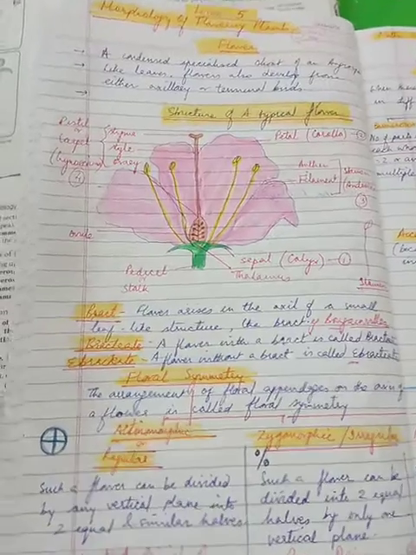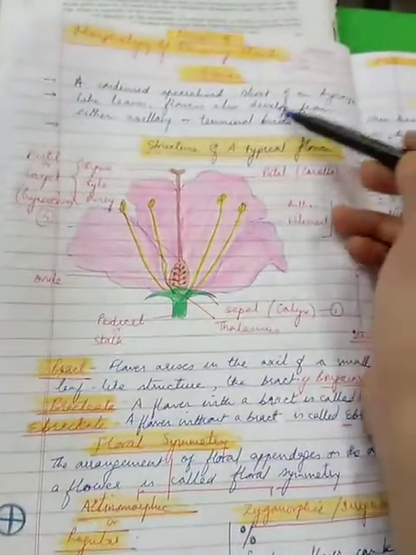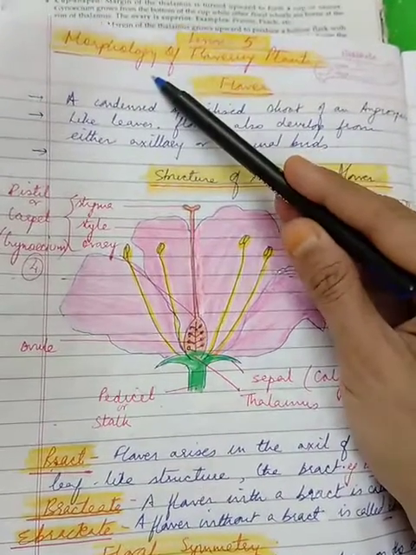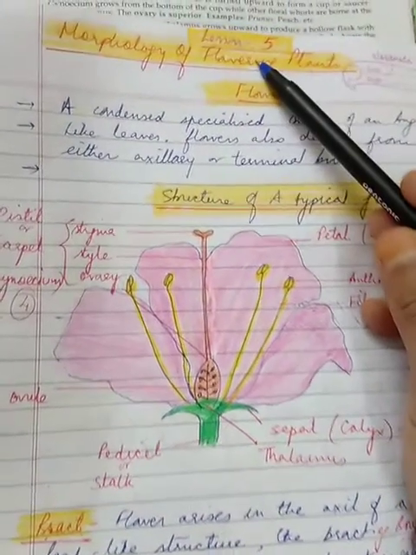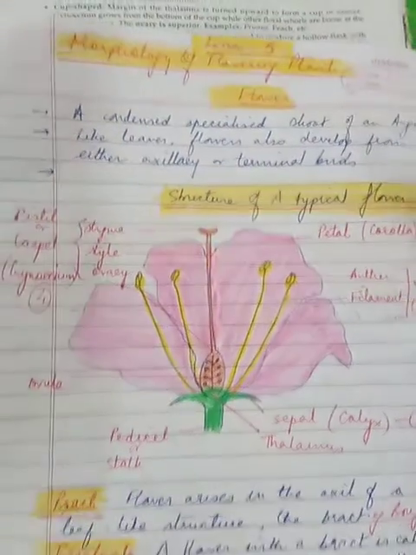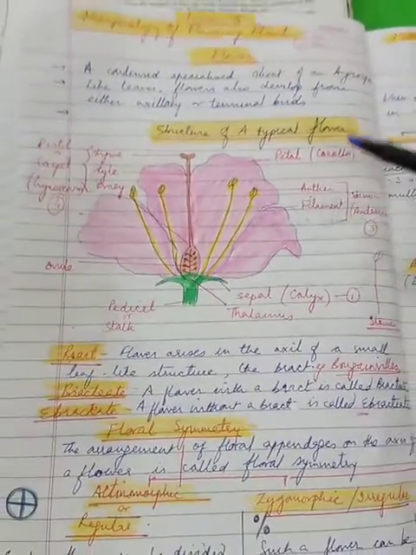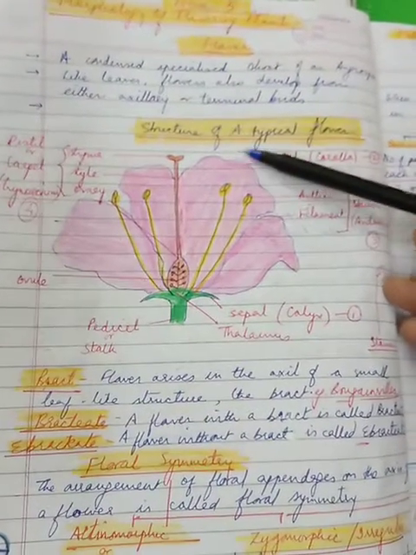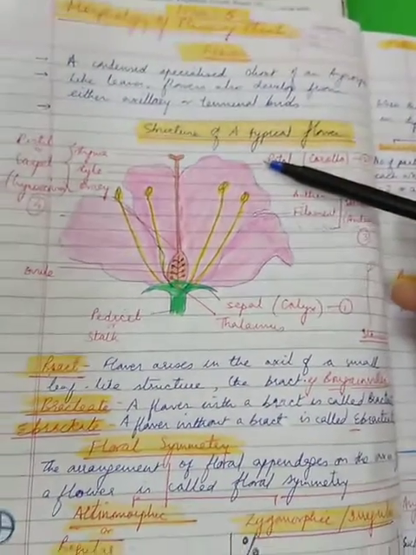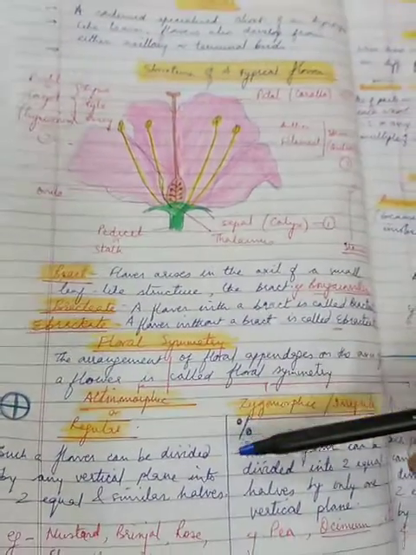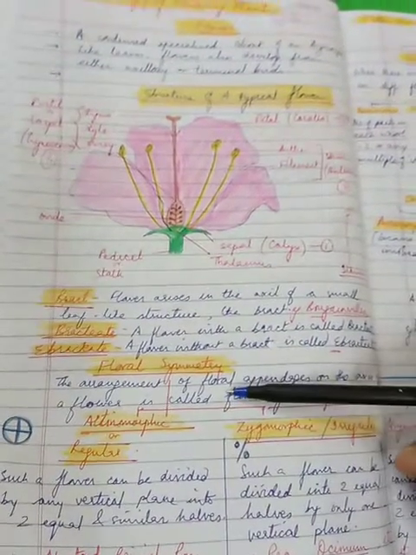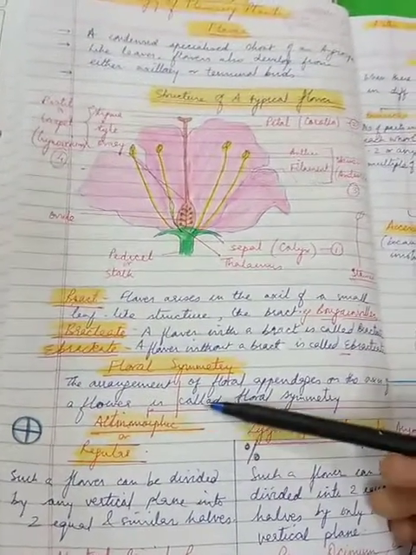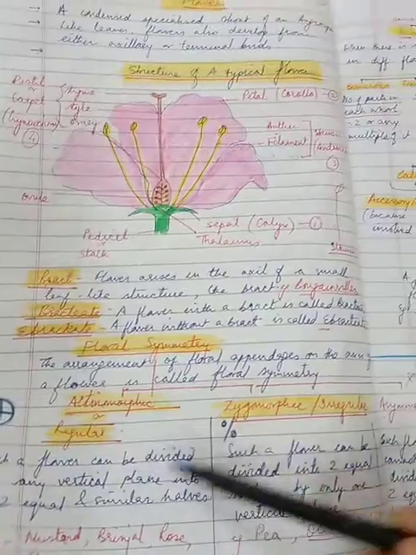Good afternoon, children. In my previous video, I started our new topic, morphology of flowering plants, and this was lesson number 5. Herein we discussed the introduction to the topic. We discussed the structure of a typical flower, and the technical terms already used. Some of them we had discussed previously in class 9th, but added new ones like floral symmetry, actinomorphic and